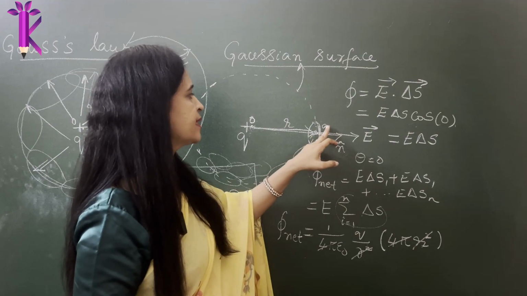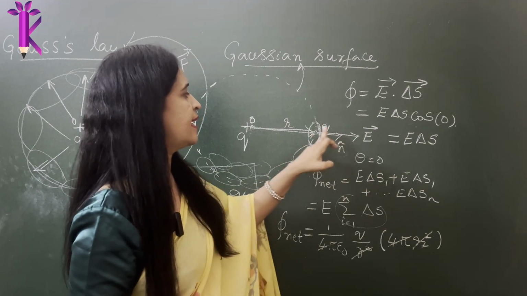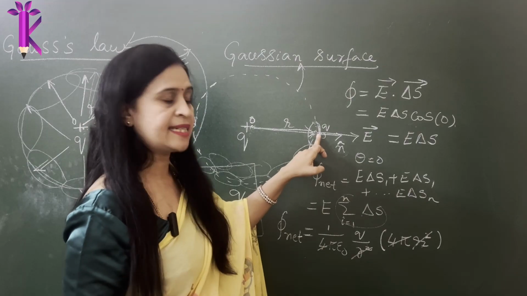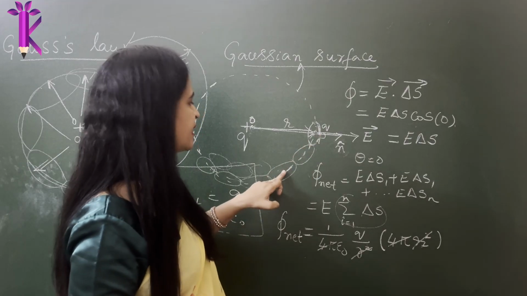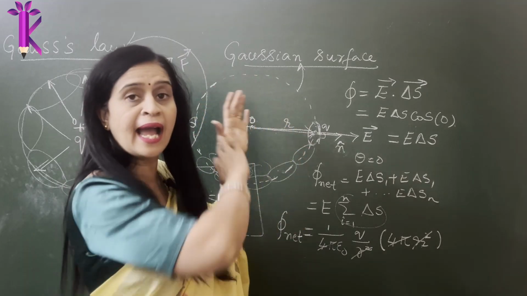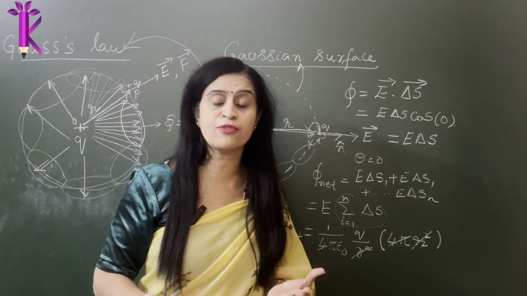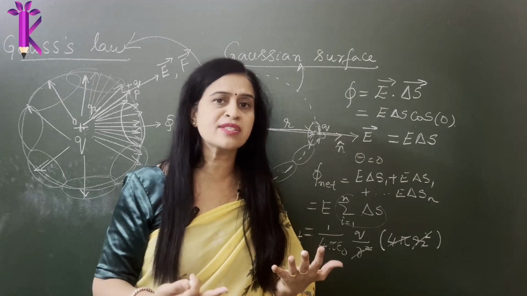We'll assume the test charge was initially placed here. We calculate the electric field experienced by the test charge here, and then here, and then here. You can't go on doing multiple calculations because you assume the entire imaginary sphere to be divided into thousands and thousands of cross-sectional areas. So you can't just go on summing it up.